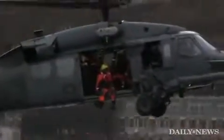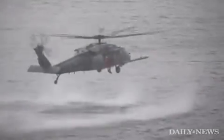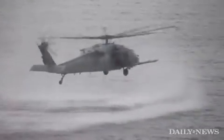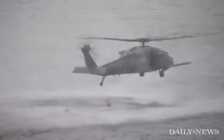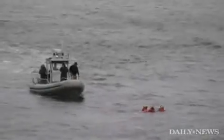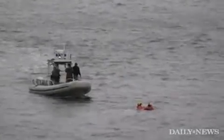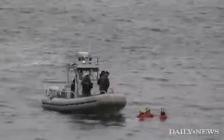We had two rescue scenarios that we saw today. The first one was what we call a low and slow, where the helicopter comes in 5 to 10 feet and the pararescuemen actually jump out of the craft into the water. No parachute, no ropes, just jump into the water, fully in scuba equipment, and then swim to either a distressed vessel that can't move on its own, or something where a survivor's in there and they need to get